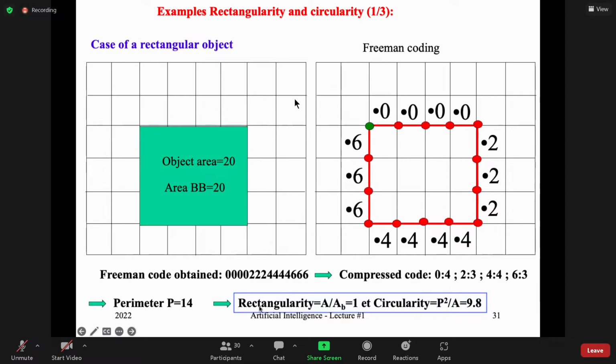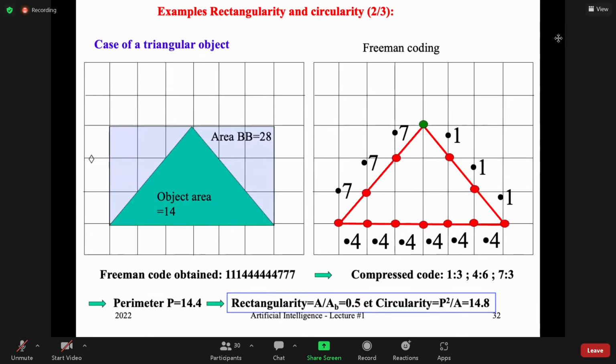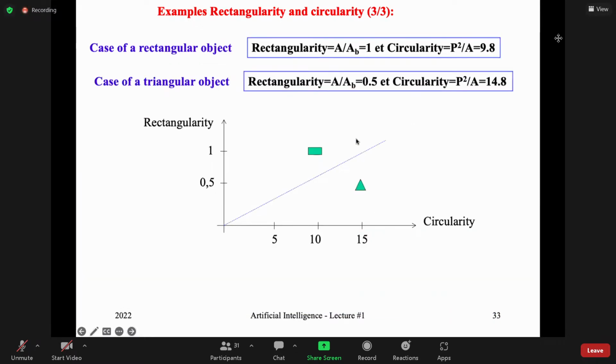And here I have two features, two parameters. One of them is rectangularity, and the second one is circularity. So that is what I obtain, for example, for the rectangular object, and again for the triangular object. So I obtain this one. Now I have these two parameters, and with that I can make a selection using this in